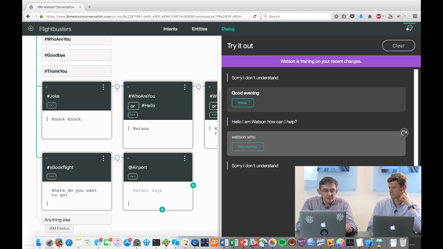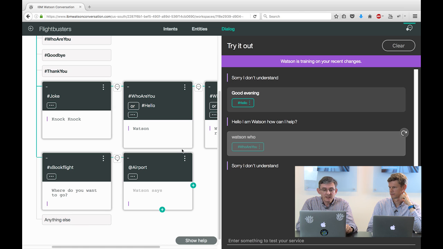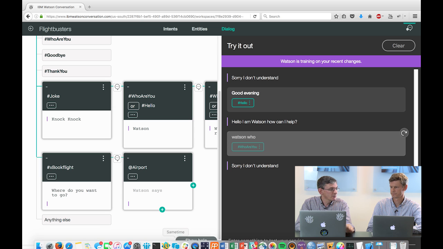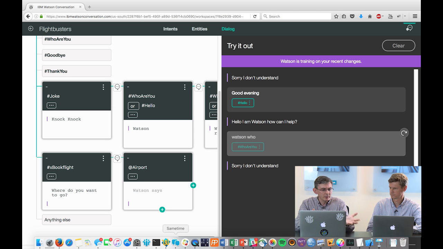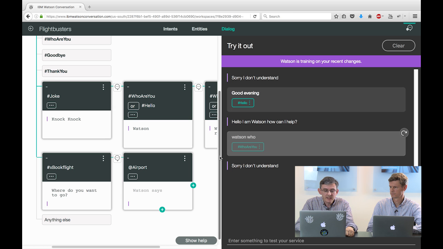What I'm going to do now, just to save a little bit of typing time, because I'm not very quick on the typing, is paste in what we need here, because we want to do two things when you respond. We want to ask you the next question in the sequence so that we can build up the information we need to book your flight. But we also need to remember what you've chosen as your airport, where you want to go. Yeah, got to have my context. It's all about context, right? As we go through the conversation, we're building up context